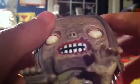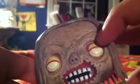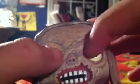She has really good detail. I think she has better detail than Dr. Teeth. Yeah, I said it. She has her ears peeking out, and there are engravings in her skin. There are tear marks, and I guess that makes sense because she's a zombie. Her eyes are half open, just like Dr. Teeth's as well, and she's got red, I guess those are the line between her eyes and her eyelashes